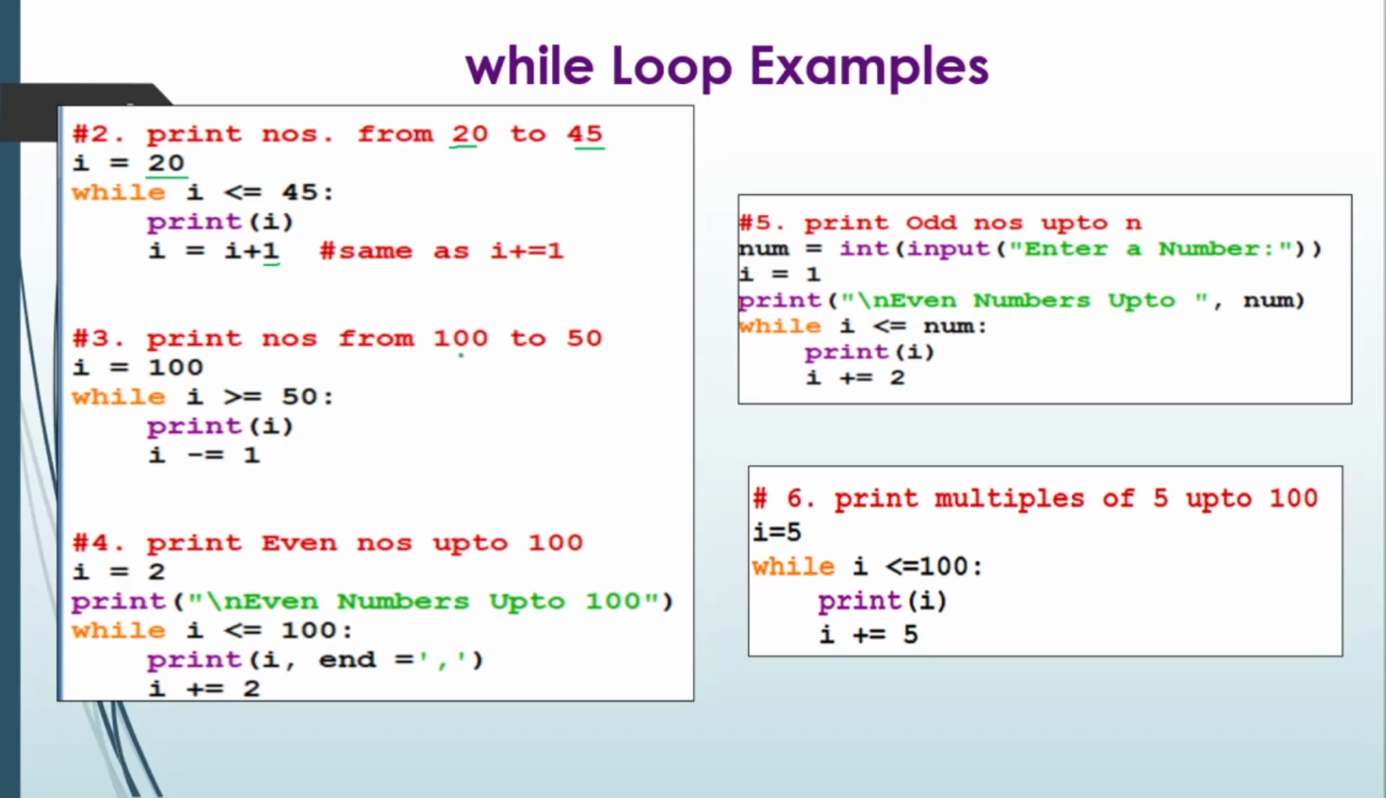Next example, print numbers from 100 to 50. The initial value is 100. It is initialized to I. The statements should be executed until the value of I becomes 50. So the condition is I greater than or equal to 50. The value of I is printed, and after that the loop variable is updated with a minus 1, since after 100, 99 is to be displayed. So the condition 99 greater than 50 will be true and 99 will be printed,